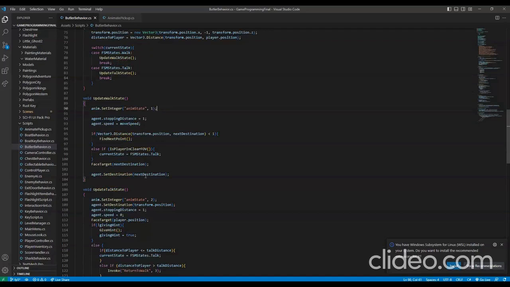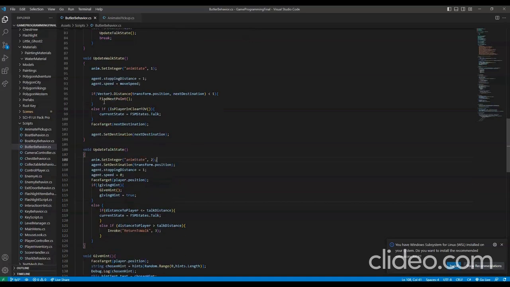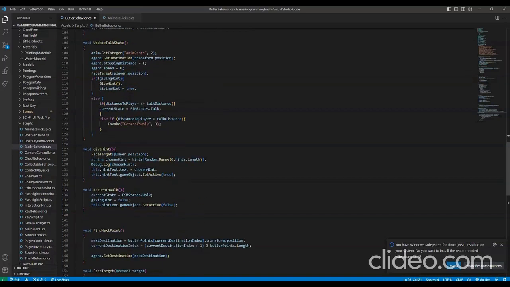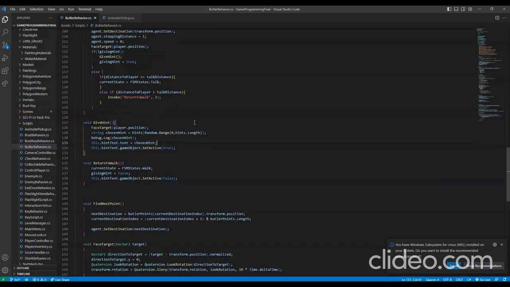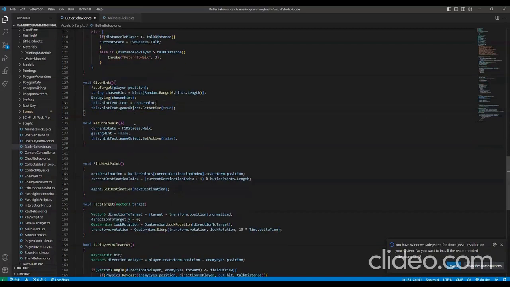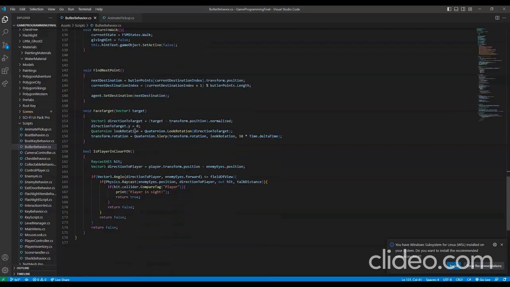So, updating the walk state and then updating the talk state here, as well as doing all the calculations to find the next point and see if the player is actually in the field of view. This is the give hint function right here that just chooses the random hint from that array of strings that I showed. And then returning to walk just sets him back to the walk position when the player's gone. Again, there's a find next point, which we've also done before, a face target, and then the standard is player